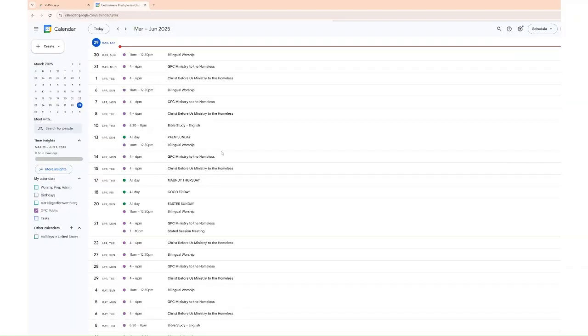This is our church's Google Calendar, and it's been set to what's called schedule mode. So it doesn't look like a rectangular calendar. It actually just has a list. And I'm going to capture a piece of that using Windows snipping tool. If you're on a Mac, you could use a different method, but I'm going to select